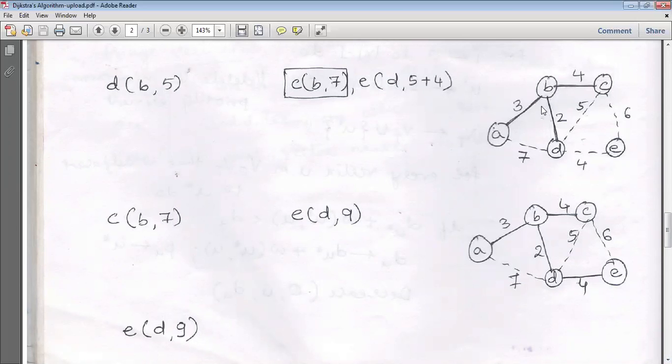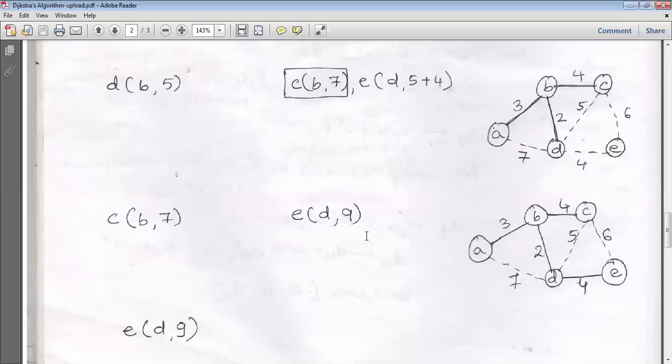From here, I can go 3 plus 4, 3 plus 4 plus 6, 13. Then if I go this way, 3 plus 2 plus 4. What is it? 3 plus 2 is 5. 5 plus 4 is 9. So which is least here? Again, among these two, 9 is going to be least. So we are going to consider vertex D. From D, I'll be reaching E. Up to D, the distance is already 5. So 3 plus 2 is 5. 5 plus 4 is 9. So I can reach E from D with a distance of 9 kilometers.